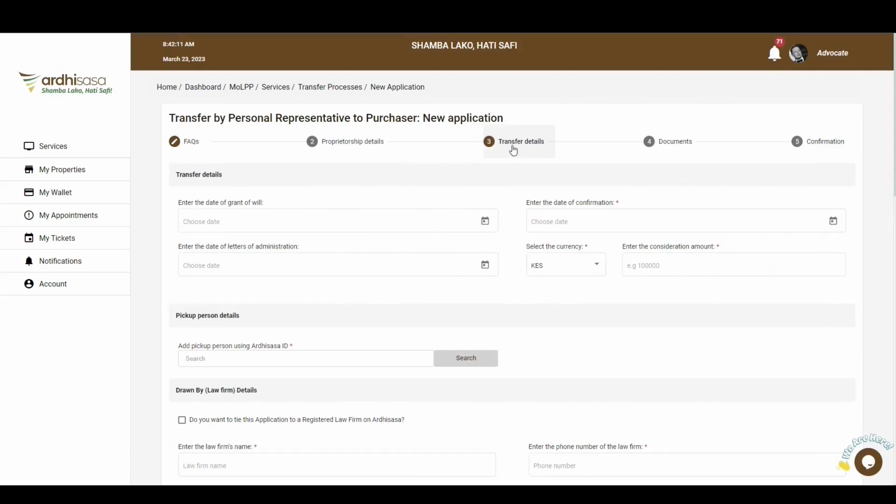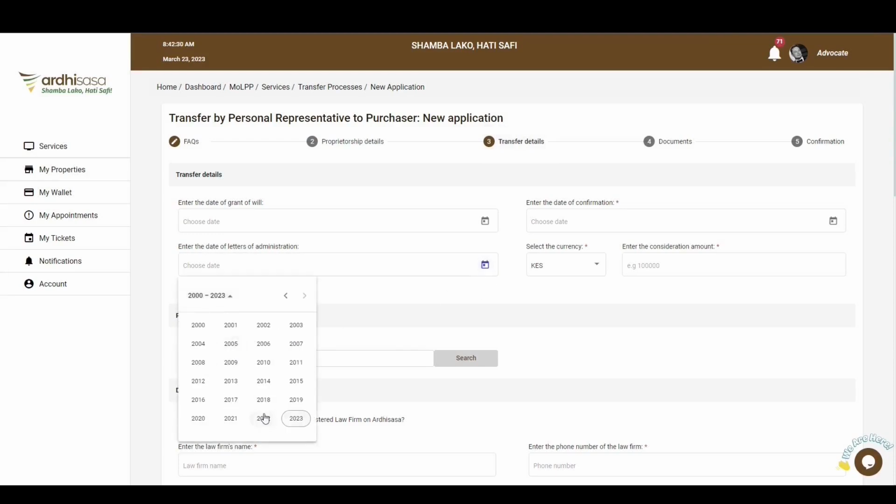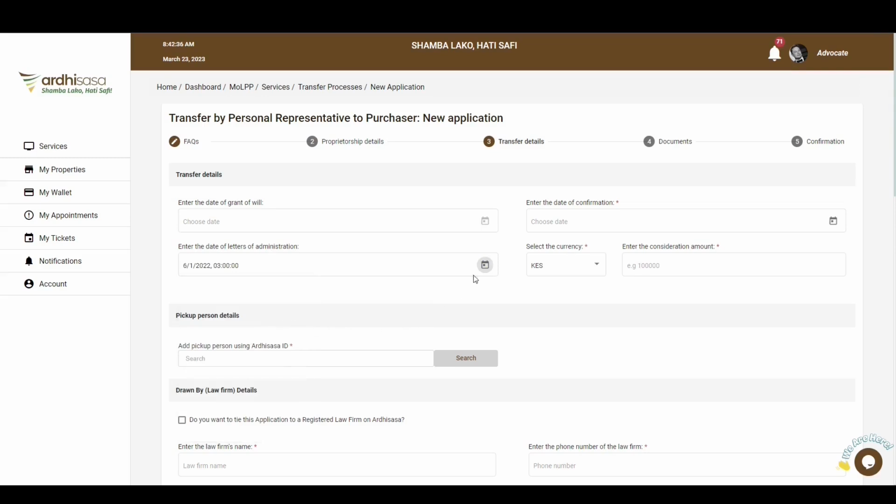As you can see, you are required to enter either the date of grant of will or the date of grant of letters of administration. This is because if the deceased had made a will, the court authority given is a grant of probate. If the deceased did not make a will, the authority given by the court is the grant of letters of administration. In our case, the deceased had not made a will, so we'll proceed to enter the date of grant of letters of administration,